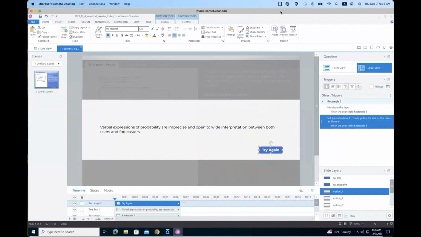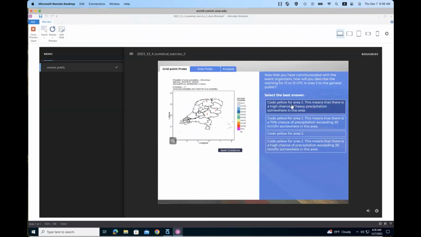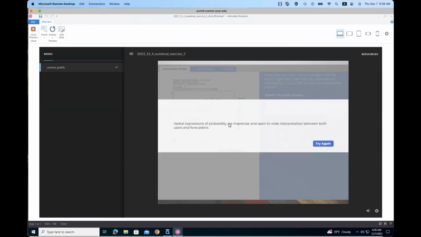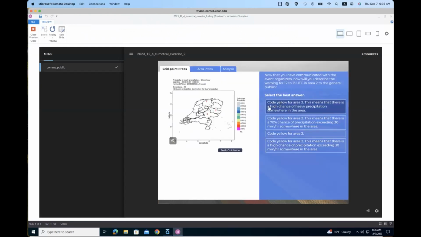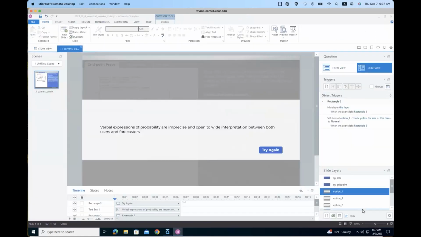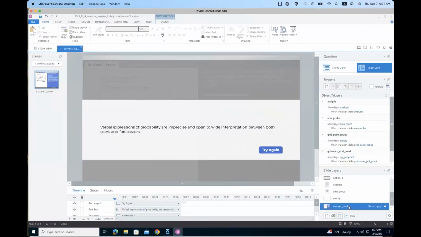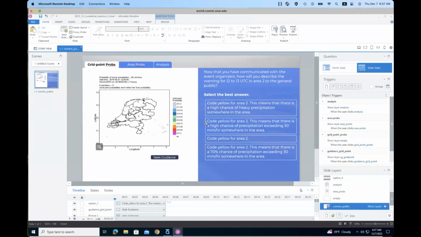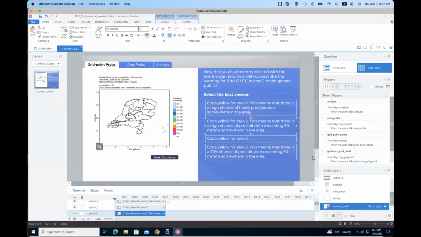All right, let's test and see what's the result of adding 2 triggers to the same button. So here we are. I will click on the first answer. I will see the feedback. Then I will click try again. And it looks like everything is working precisely the way we want it to. And so this is something that you could do for all of the other options on the screen. So again, the easiest way is to drop to the base layer, and then we can select the next option in the list. And then from here, we can add a new trigger